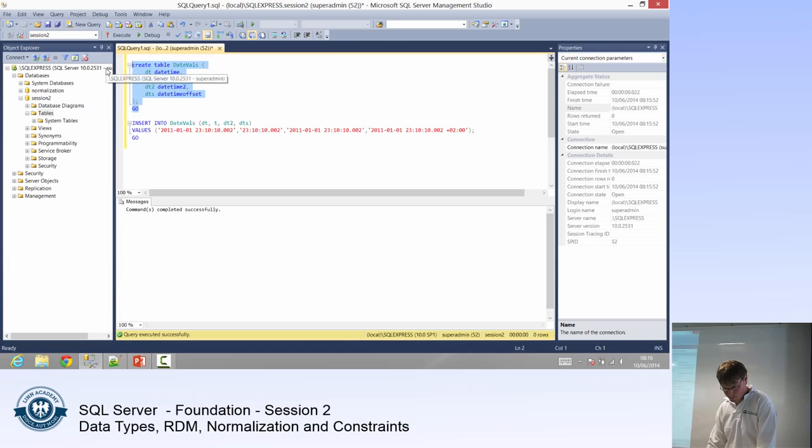so can we create this table? I have. Okay. In the first field, I'm just going to insert the date, and as you can see, I'm going to insert the time with 2 thousandths of a second, and we're just going to see what we're going to get back out of it. We're also going to insert just the time into a time column, and we're also going to insert the time with 2 thousandths of a second into the datetime2 field, and